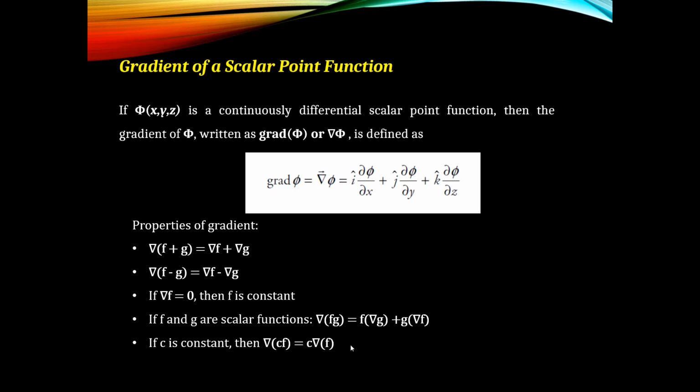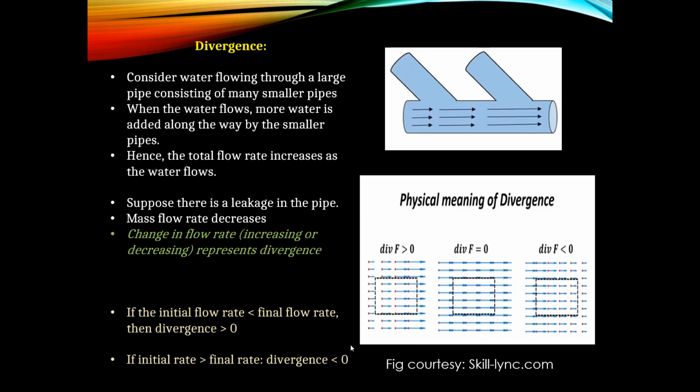So all these properties of gradient will be useful as we go ahead with the unit of electromagnetics. Next we have the concept of divergence. Divergence is better to understand whenever you consider a fluid flow. So we have considered here a pipe, a long pipe, which is actually made up of many small pipes,